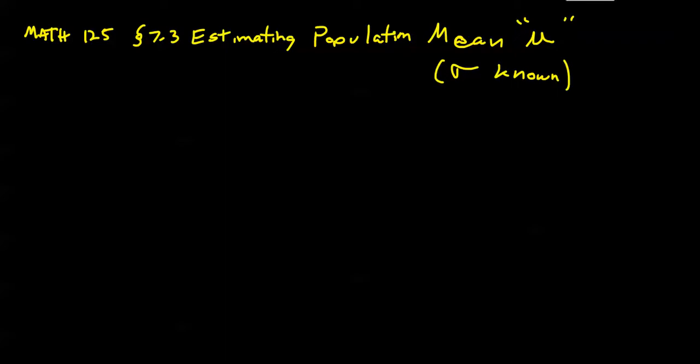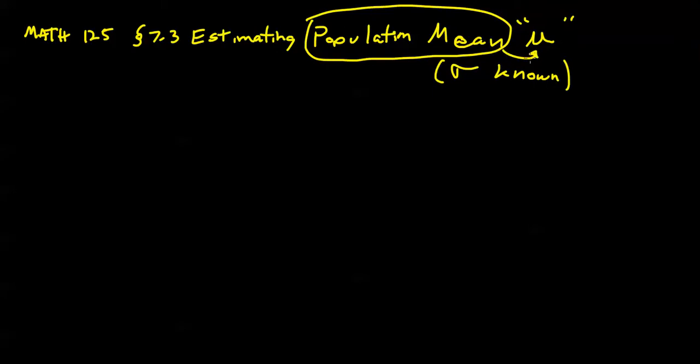Alright, today we're going to talk about section 7.3, estimating a population mean with sigma known. I think we'll find a lot of the framework for 7.3 has already been laid in section 7.2. Remember, before we tackle it in earnest, the population mean